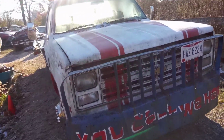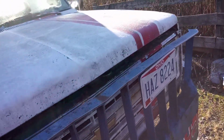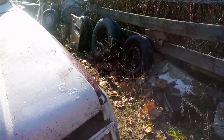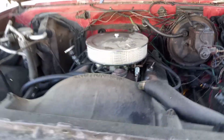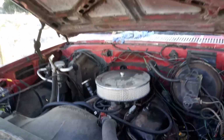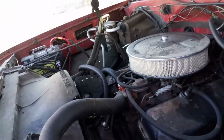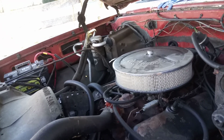But then the favorite one is the You Call, We Haul rollback. I think the rollback would be awesome. It's already got the big block in it. And all I would want to do is probably upgrade it and build it. And this would be not our car hauler, but our rollback to the SEMA. This truck would be awesome in the SEMA show. I think that